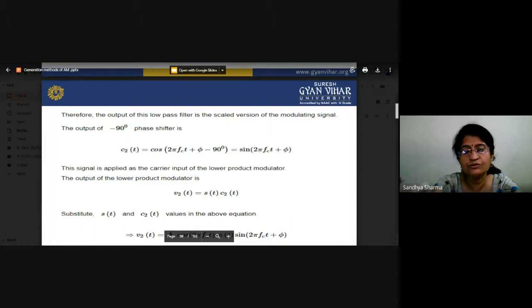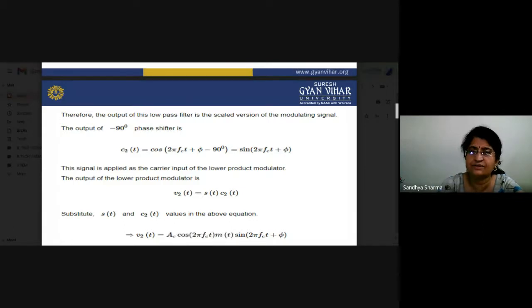When you superimpose your modulating signal on the carrier signal, and we are working with a low pass filter, the basic part is that you have to calculate the output voltage. Again, the low pass filter is the second version, and by using the low pass filter we can filter out the modulating signal.